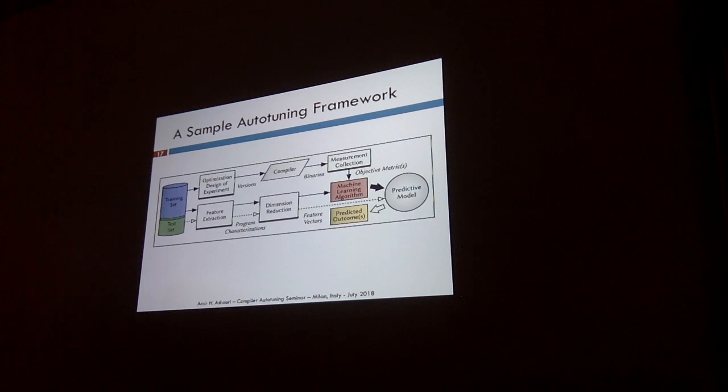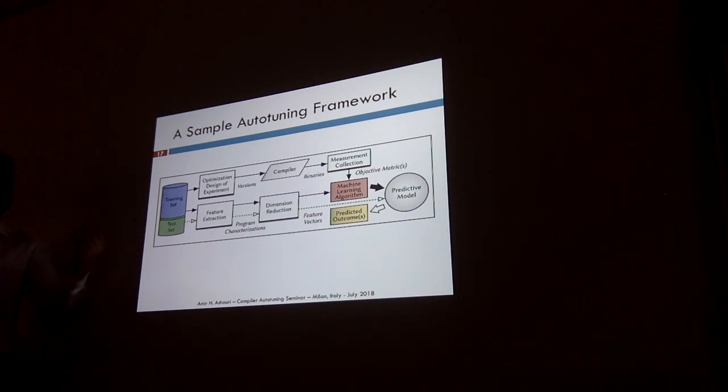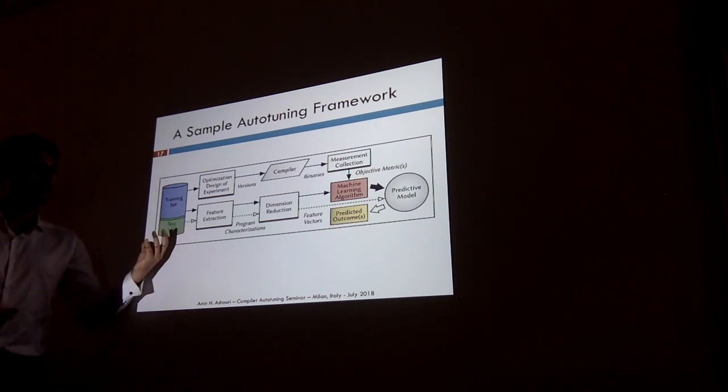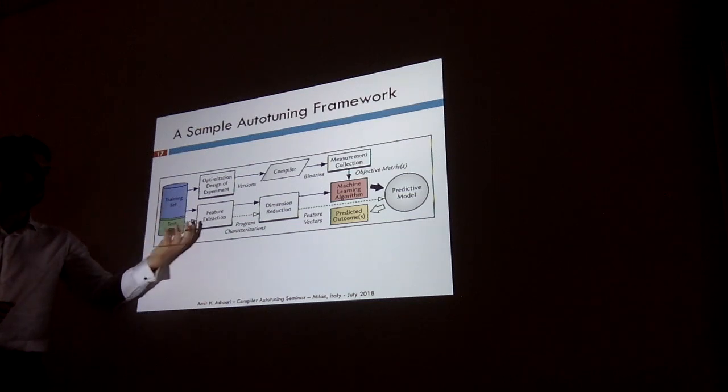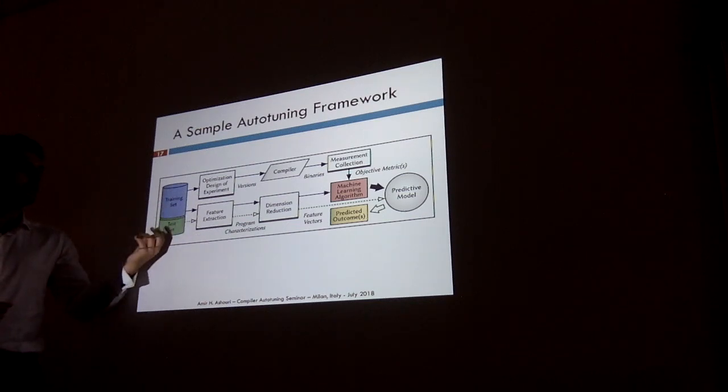It can be deep learning with different layers, or it can be the old standard or conventional machine learning like linear regression, MLP, or random forest, or any other predictive models that you're interested in. And at the prediction time, when your test application, the application that you want to optimize, comes, you are extracting the features so that you let the predictive model know that I'm trying to optimize this application by having this